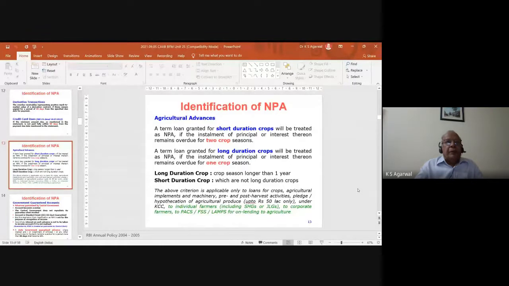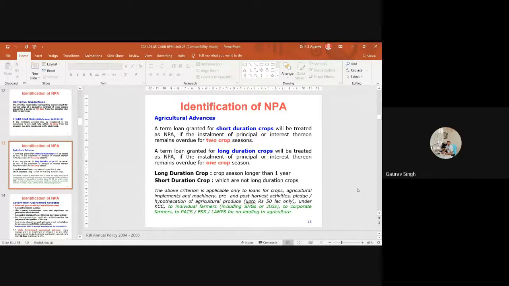If you pay the minimum amount due before the end of 90 days from the due date, it will not become NPA. But if you do not pay the minimum amount due, or if you do not pay any amount, then this account will become NPA. Besides, it will attract certain charges from the credit card issuer.